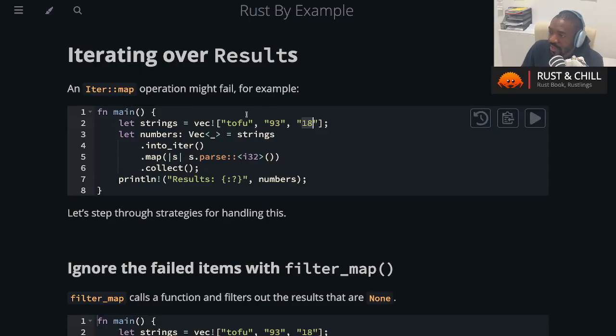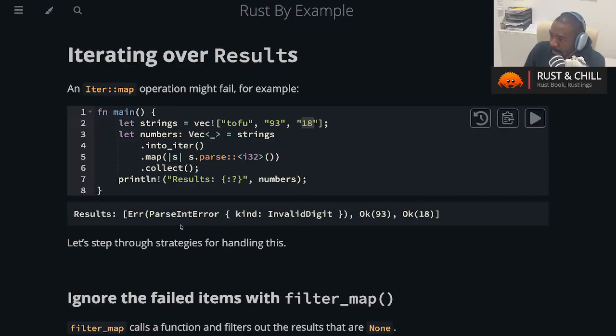The first one is going to be the result, because again, it's either Ok or an error. The other two are actual